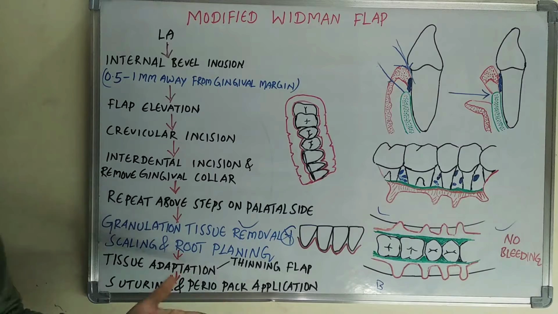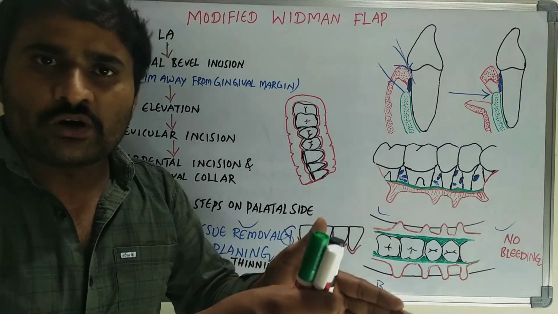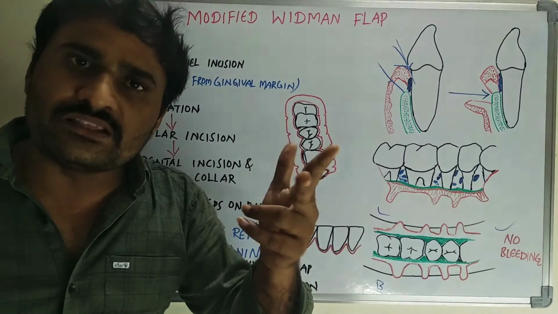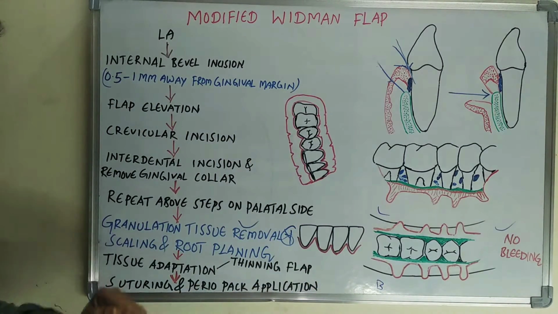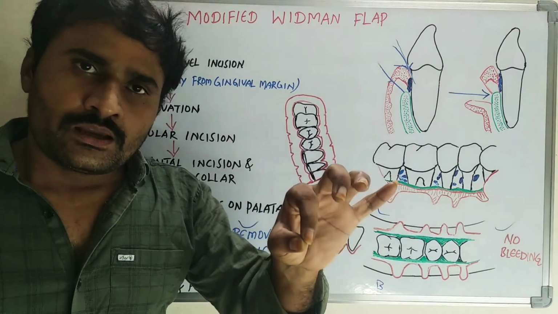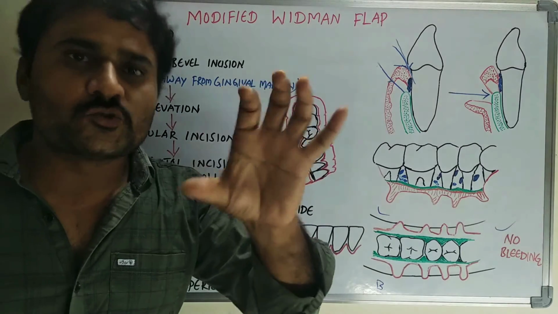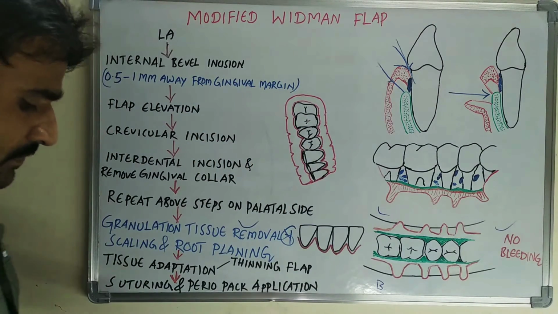So after granulation tissue removal, what will you do? You have to adapt the flaps again, right? We have to adapt the flap, and if necessary, you can thin the flap also, with the scissors and like that. After that, you have to go for suturing. In suturing, a continuous sling suture should be placed. Continuous sling suture. For example,